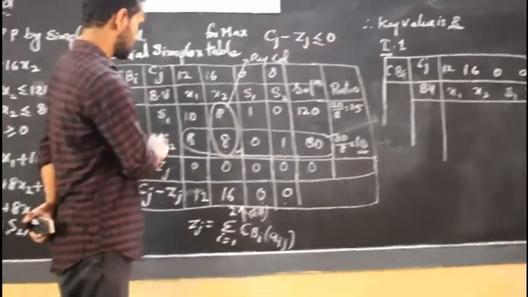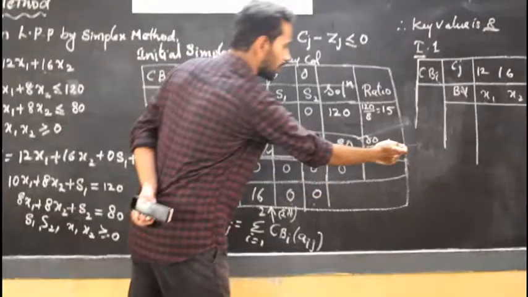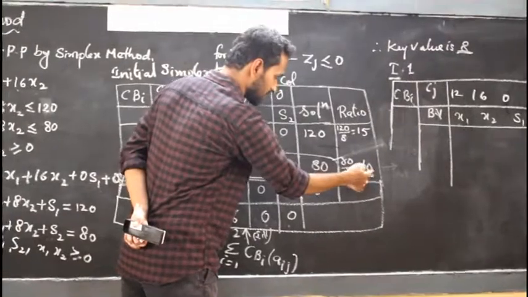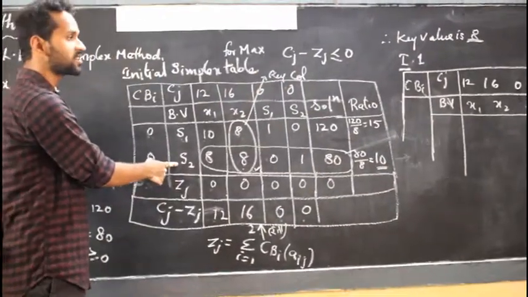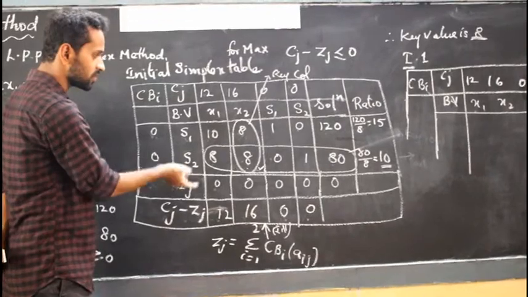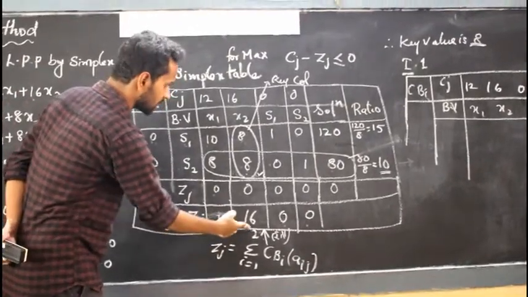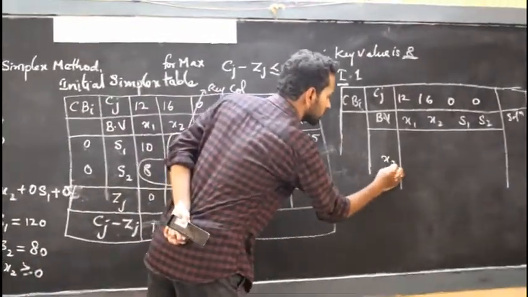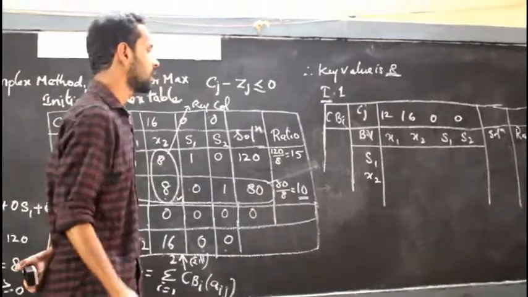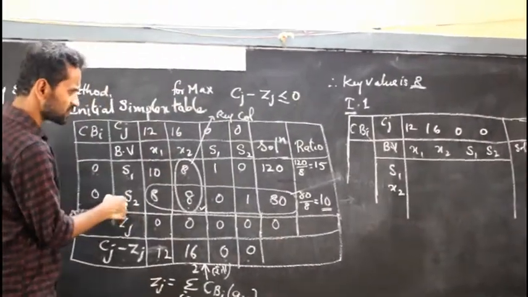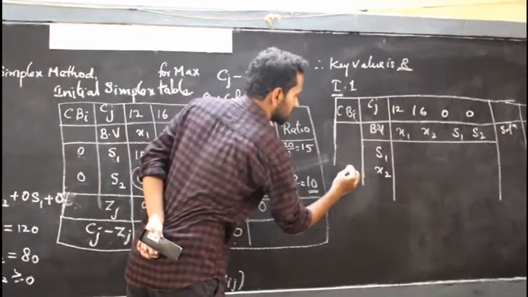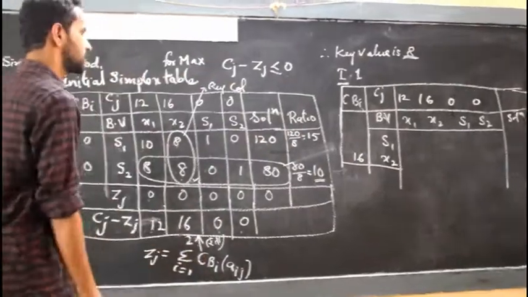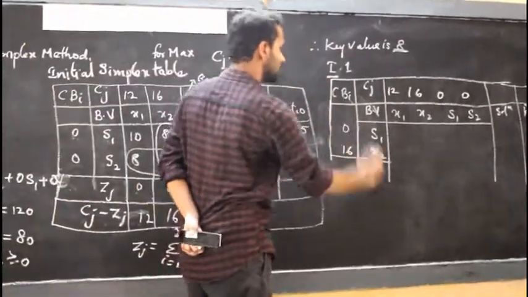First, I mentioned something in and out. Look, this is out, right? That means the smallest ratio is going out, so the corresponding variable will go out. That means S2 will go out. In place of S2, which one will get inside? The variable with the largest Cj minus Zj value will get inside. Then x2 will replace S2, so that becomes x2 here. S1 is written as it is. Now I introduce x2 into the system and write its coefficient, that becomes 16. So the S1 coefficient remains 0, no changes in it.